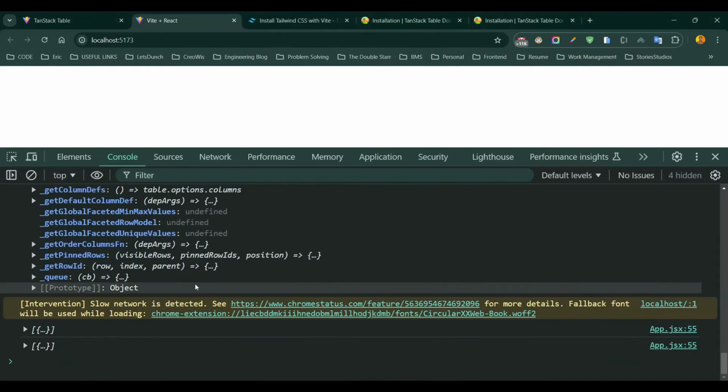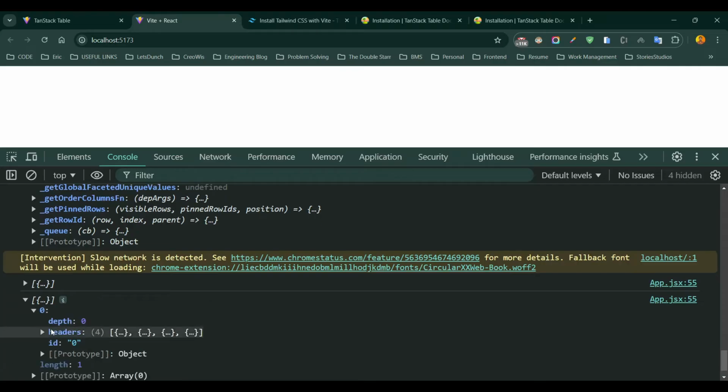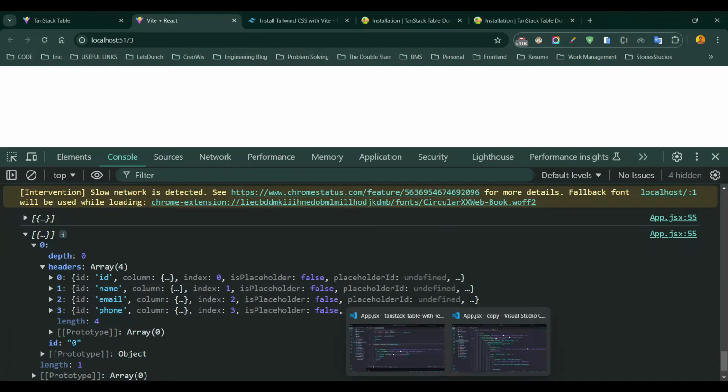Now let's see. Now we are getting an array, right? So see, this array length is 1. That means there is just one item here, and we have headers, right? So we are getting an array, and this is an object. Inside the object we are getting a headers array, right? And you can see here we have ID, name, email, and phone number, right? So what we can do